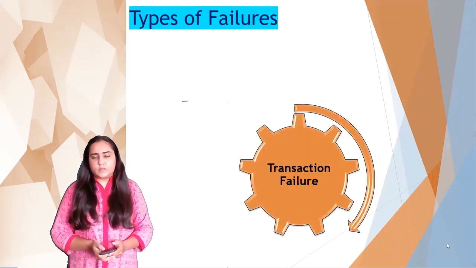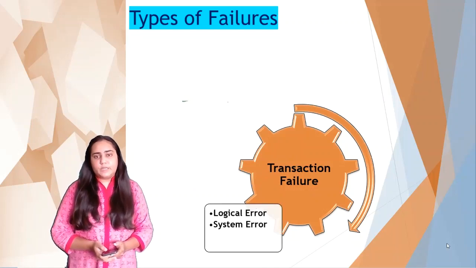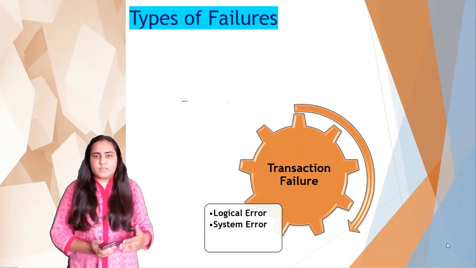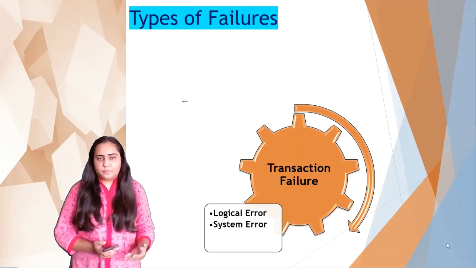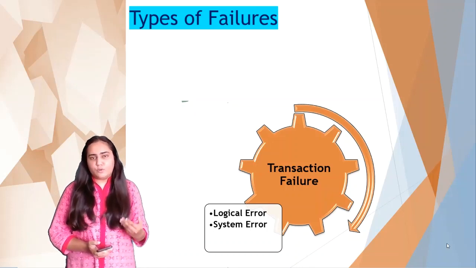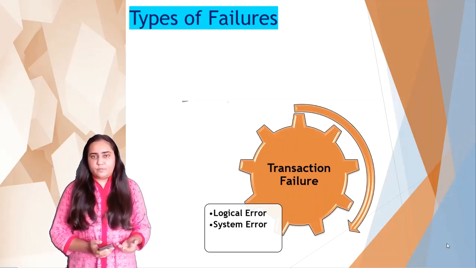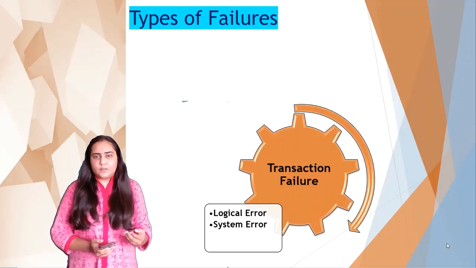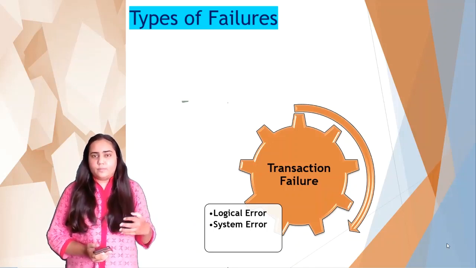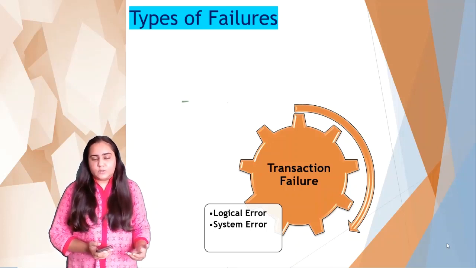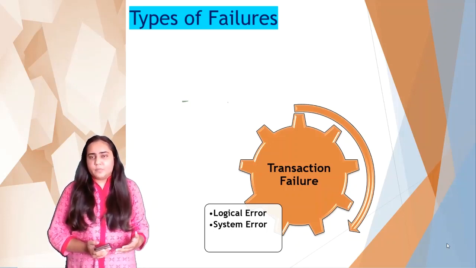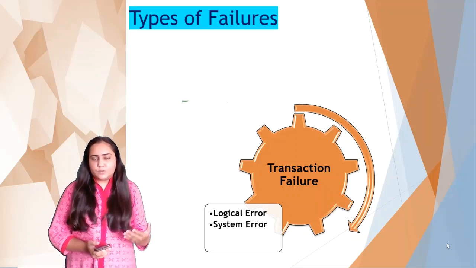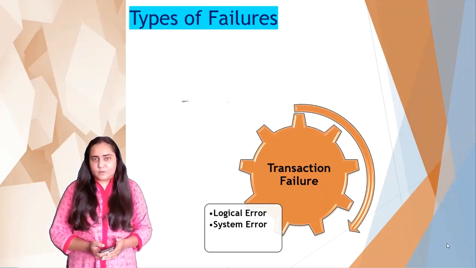One such failure is a transaction failure, which could be either a logical error or a system error. This occurs when the transaction itself fails or gets aborted. A logical error would be where the person who wrote the transaction himself or herself made some logical mistake in the transaction, and that's why the transaction failed. A system error would be an error where the system had to abort the transaction. So, for example, this could be due to a rollback because of a deadlock, to resolve a deadlock. That would be a system error.